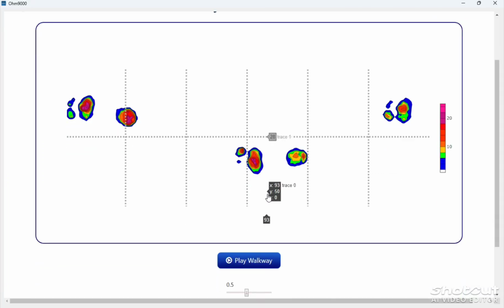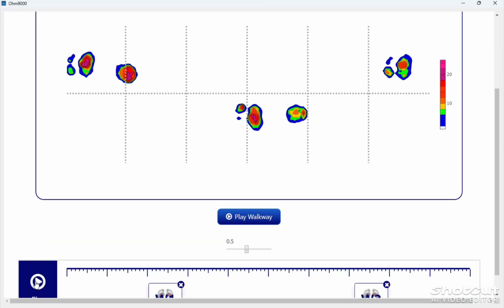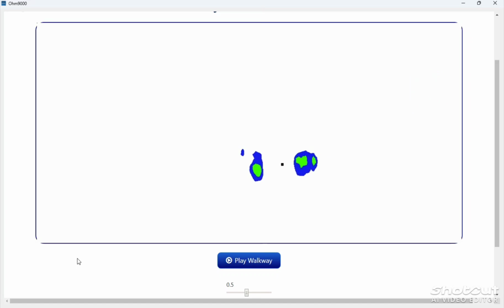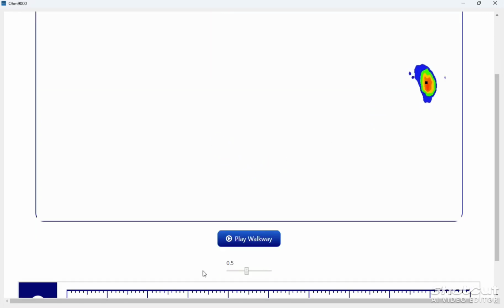Here you can see the person or subject walking in front of the camera: this is your anterior view, and this is your posterior view.